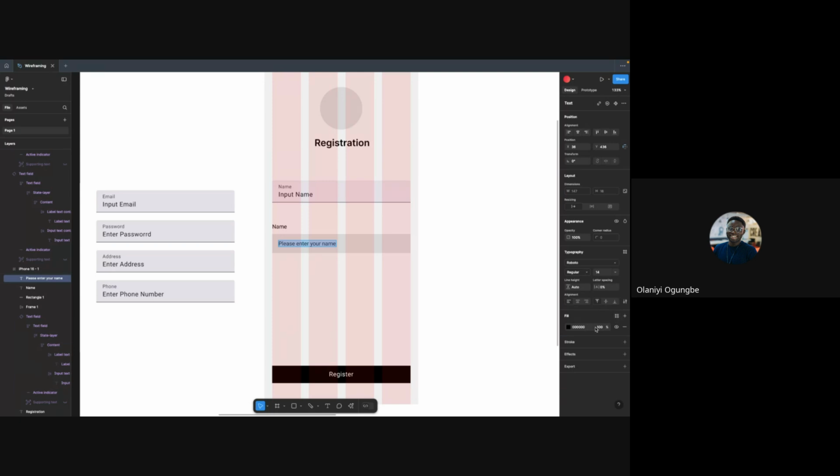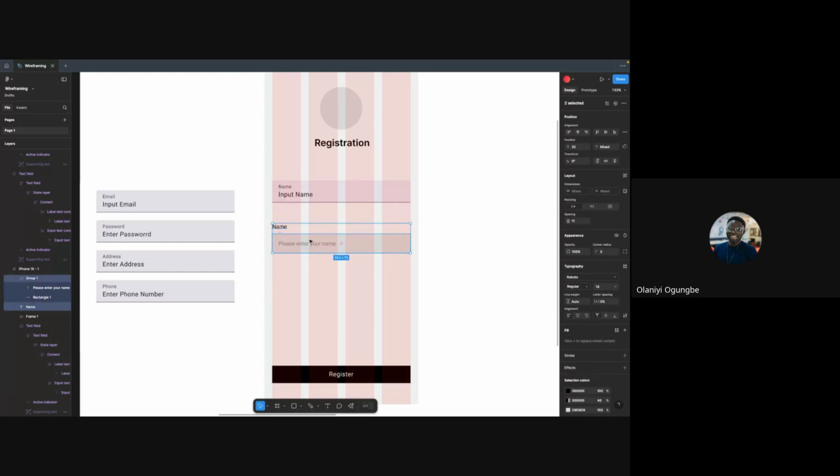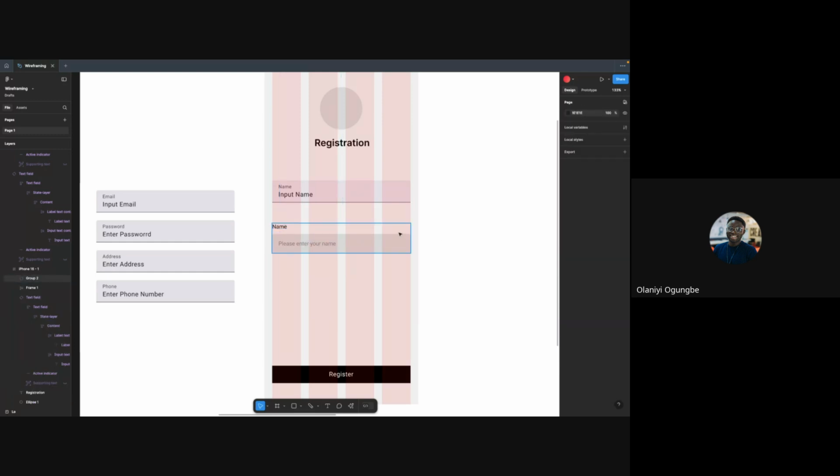Let me reduce this one's opacity so it looks like it is not activated yet. Then I group it so it doesn't move around, and group it with this again. Do you guys understand?